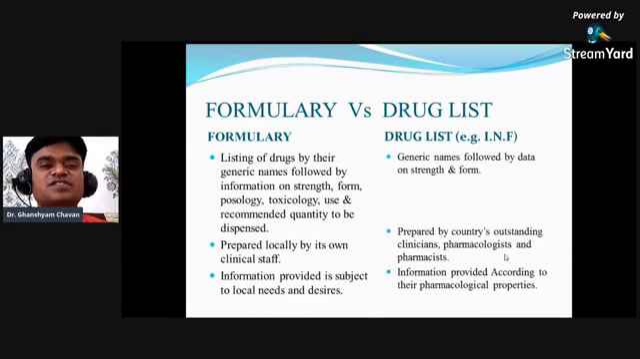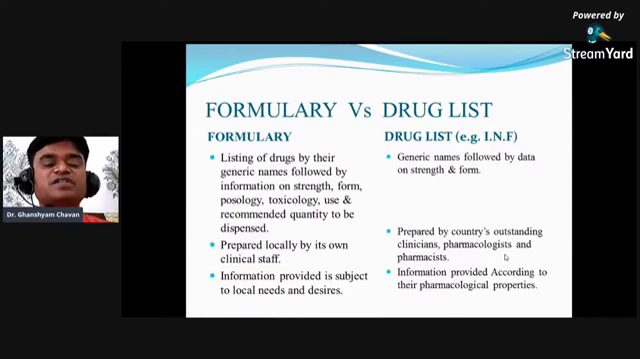Formulary versus drug list. This question may also be asked in the examination. What is the distinction between hospital formulary and drug list? There are certain points that need to be discussed here. The first is